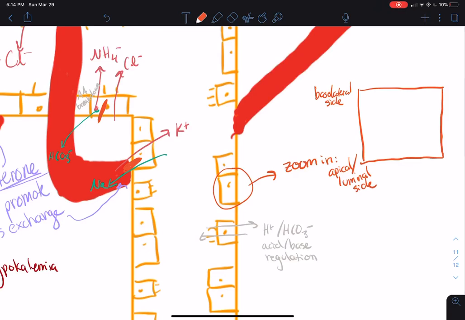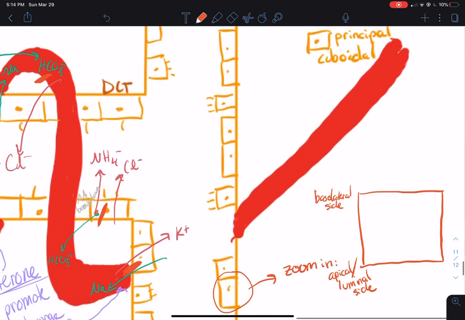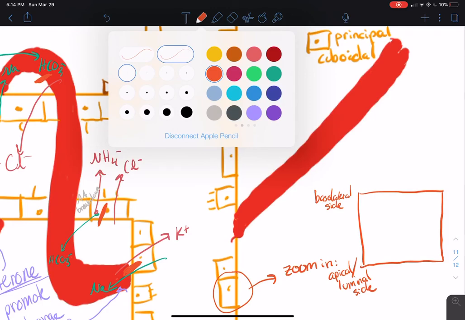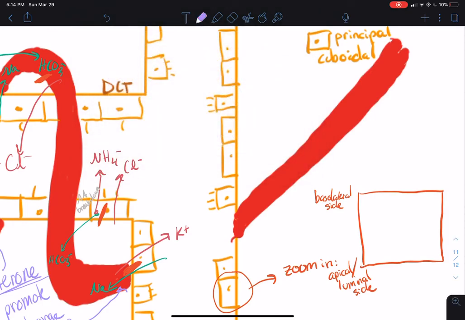Okay. And another blood pressure hormone that we've learned about is ADH, antidiuretic hormone. And remember, ADH is released by the posterior pituitary in order to promote water reabsorption, which thus increases blood pressure. So here's how we're actually going to utilize that hormone. ADH is floating around in the blood, travels down. It'll look for these cells in the collecting duct, and it'll come and talk to the basolateral side of those